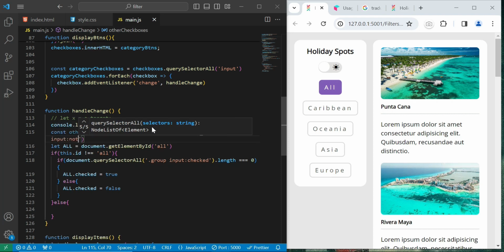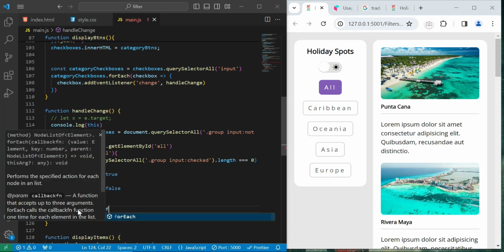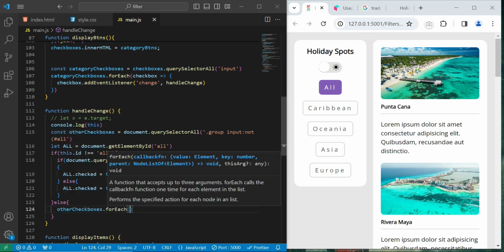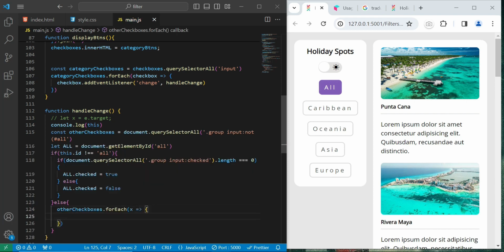So sorry, not hash, sorry, hash shine, and then all. So that's the way I'm getting all my inputs that is not all, so I'm getting only 4 of them. So I will loop through them. So other checkboxes, for each, let's make it easier, let's call it X, for X that checked,